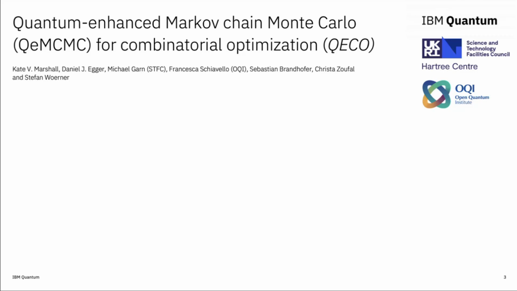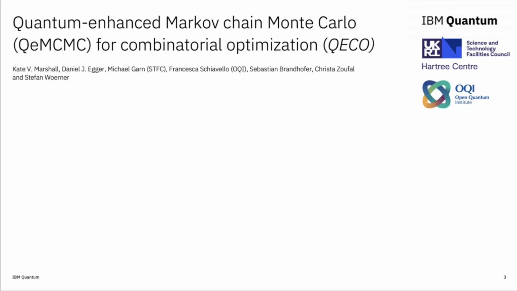discussion as well, is the main content and results of a recent preprint which is now available on arXiv, titled Quantum Enhanced Markov Chain Monte Carlo for Combinatorial Optimization. This was a collaboration between IBM Quantum and colleagues of mine who worked at the Hartree Centre, which is part of the Science and Technologies Facilities Council and part of the Hartree National Centre for Digital Innovation, a joint partnership between IBM Quantum and the UK government. We also had a collaborator from the Open Quantum Institute. So it was very much a collaboration, and a lot of people were involved in making this project